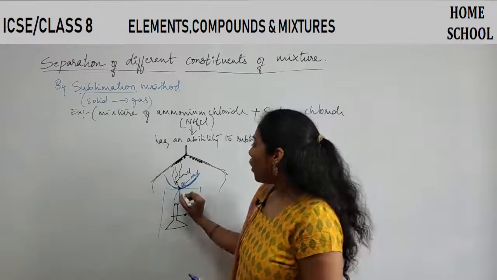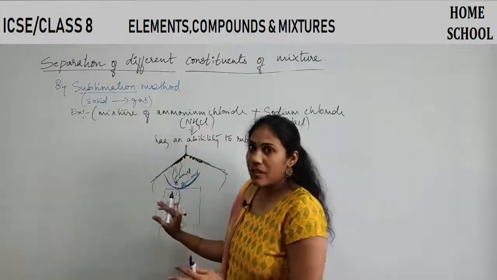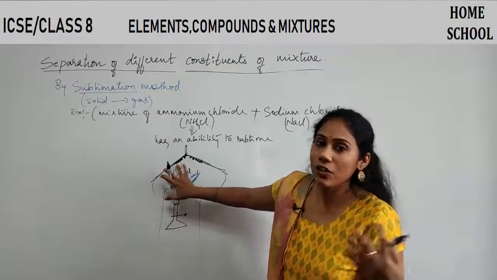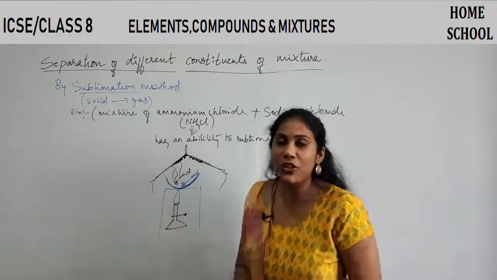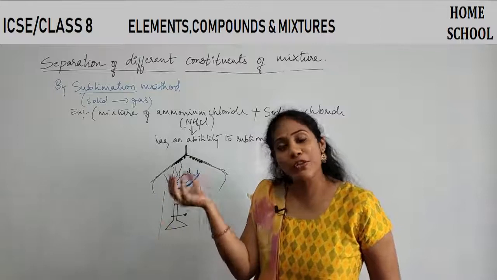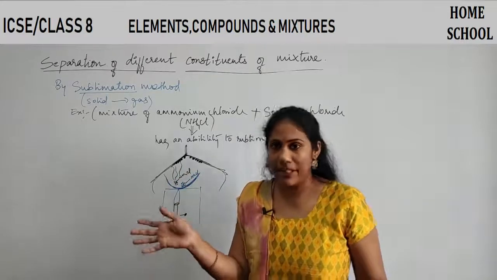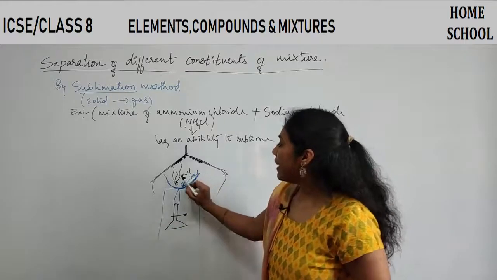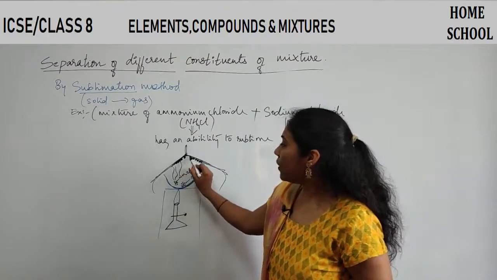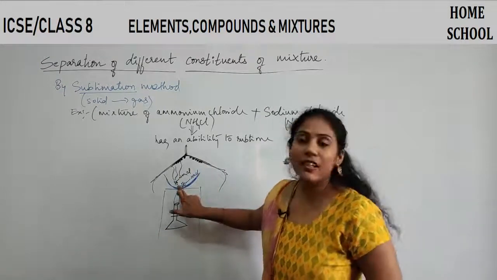See, all ammonium chloride is going up in the gaseous state. There again it is getting converted into solid. This is also sublimation only. Conversion of solid to gas directly or gas to solid, this is the process of sublimation. Clear? Now the entire ammonium chloride would vaporize and it will go and stick to the glass tube, right? And sodium chloride will remain here only.